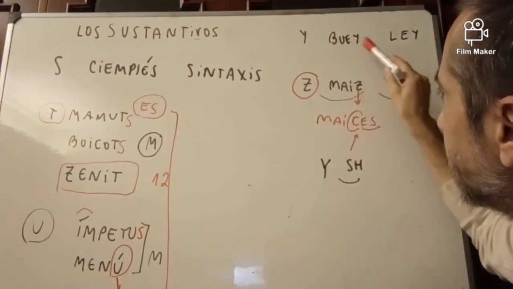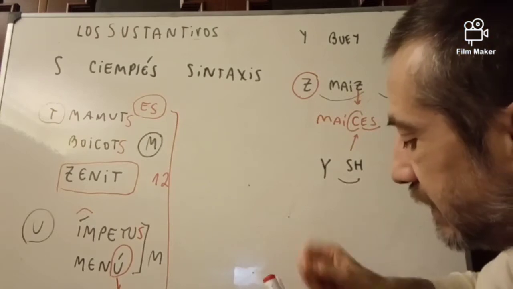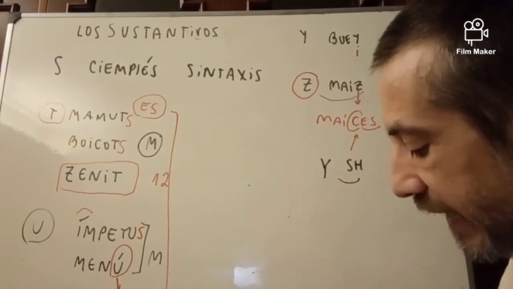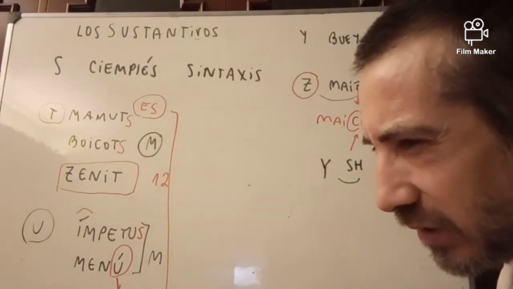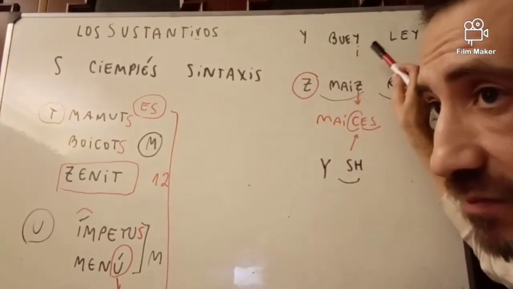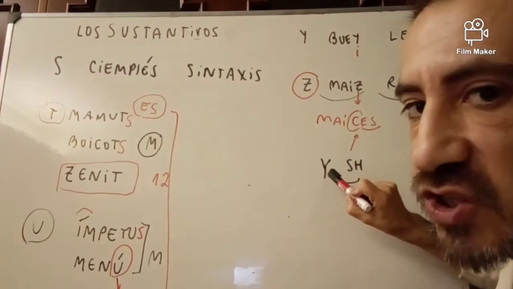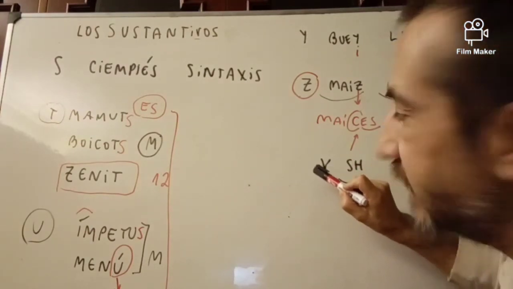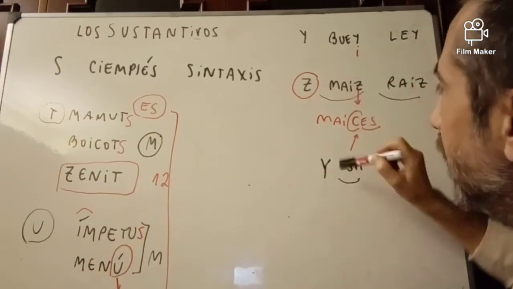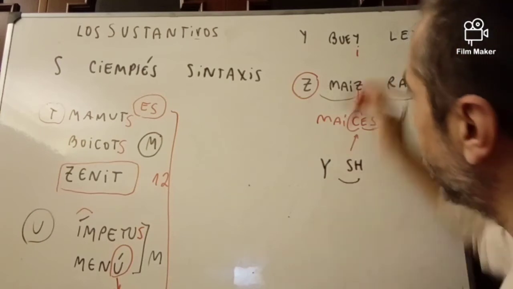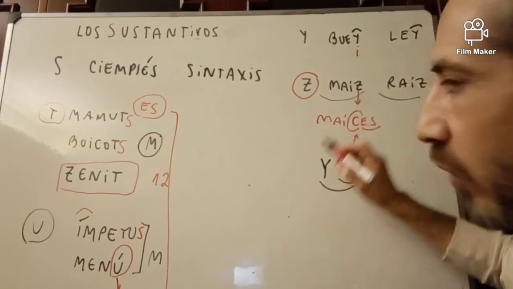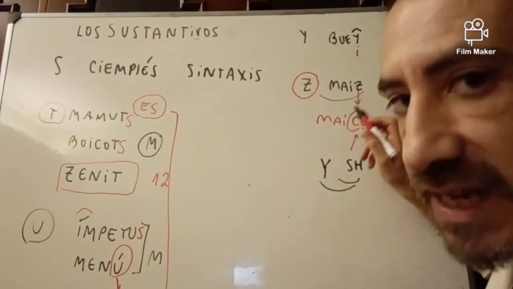So in the singular there's no problem, because it sounds similar to an E. So we have a three-vowel sequence, a triphthong. Buey, we don't say buesh. It sounds ridiculous. We say it as in the rest of Latin America and in Spain, buey. But when we do the plural, we pronounce it as we do here: buey, bueyes, ley, leyes.